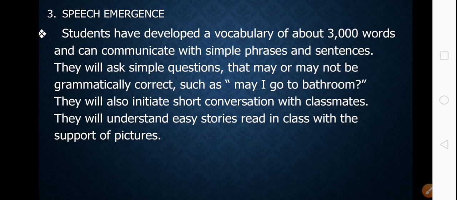In this third stage, the approximate time frame of the child is 1 to 3 years. The child makes grammar and pronunciation errors. So, kabalo na siya mag-talk pero dili pa siya perfect. The role of the parents here is asking, okay, nak, why is that? How? Oh, may ano siya.